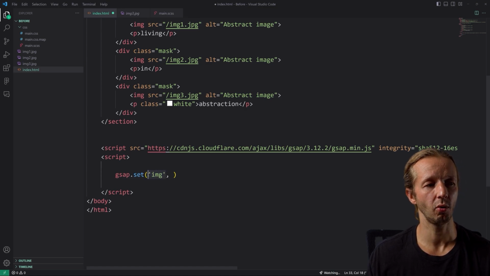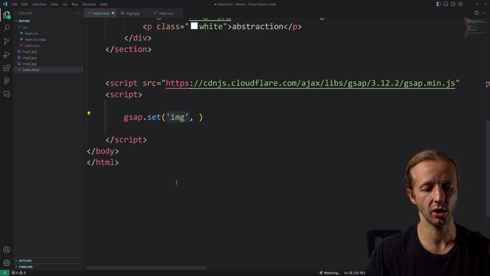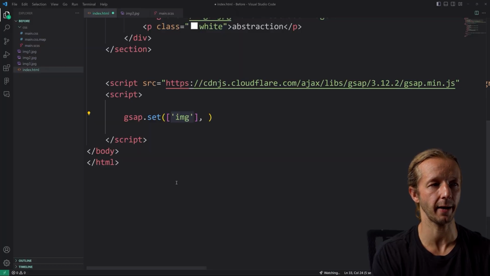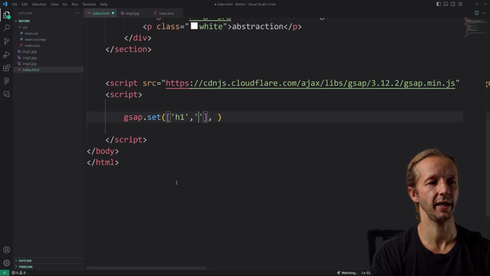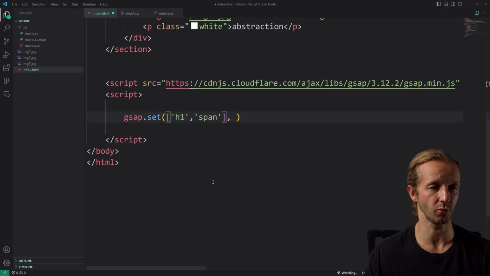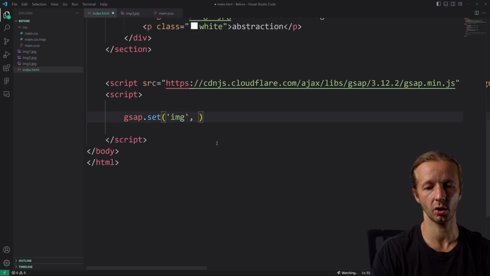I also wanted to point out that here in this first parameter, if I zoom up, you'll see we can also put multiple elements. So if we wanted to select perhaps an H1 element, and then maybe we'd also want to select a span element, we can do so in this manner right here through an array, just to let you know that. So we're just going to specify img to select all images, and then we're going to set